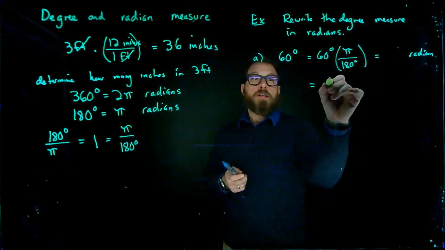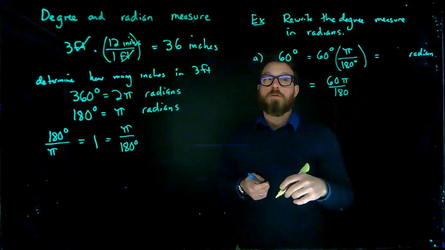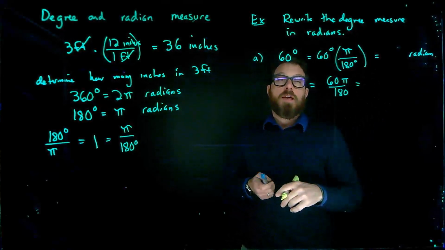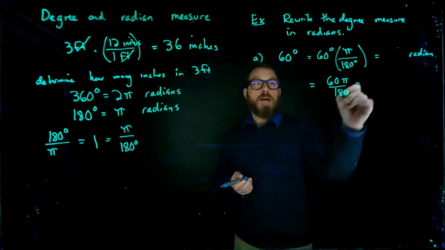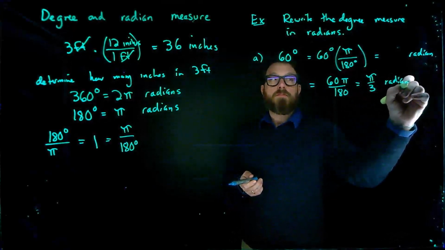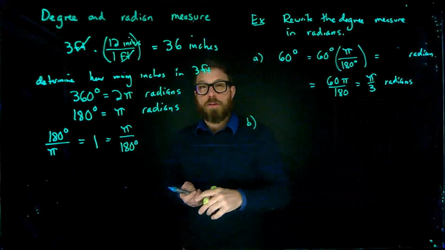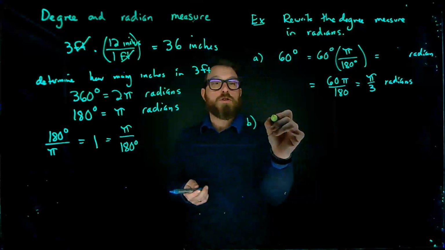So simplifying this is going to be 60 pi over 180, knowing that the degree symbols are going to cancel. And 60 goes into 180 three times, so this is going to be equal to pi over 3 radians. Now remember, we did this for 90 degrees. 90 degrees was pi over 2, so if we want to just verify that our